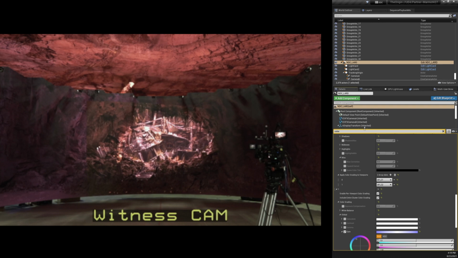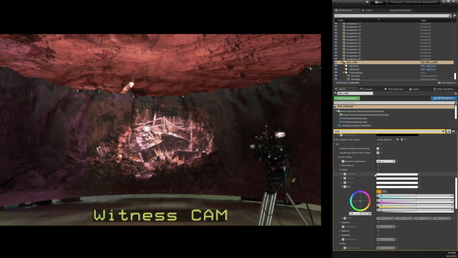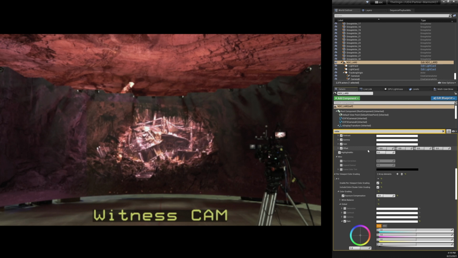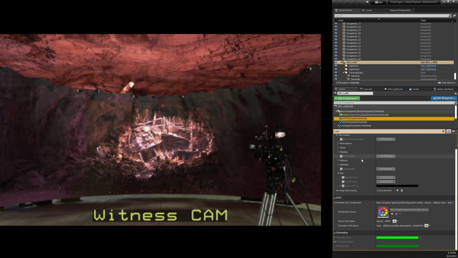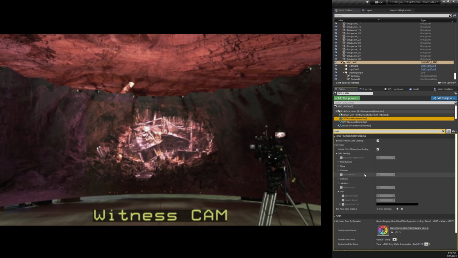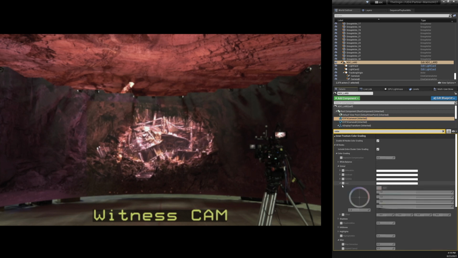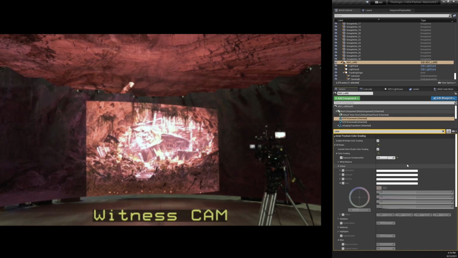If you want to make changes to the inner frustum, you can see that the entire color grading settings has already made that change. But additional changes specifically to your inner frustum are done on the ICVFX camera component. So we'll click there, again, search for color, and we have the color grading settings for the inner frustum. So we'll go ahead and make a change. Go to gain, or in this case, let's do exposure compensation. Make something a little bit different. We can go ahead and switch this up to, say, 3, and brighten up our inner frustum. This is, again, additive. If you would like to exclude the entire cluster color grading from the inner frustum, you can again switch this off, and we'll have only the changes that we've made in this particular section.